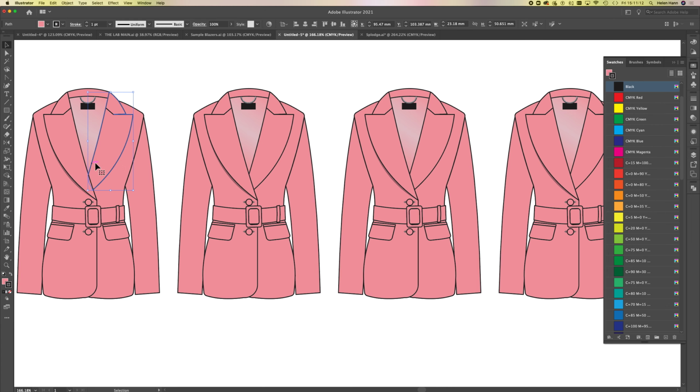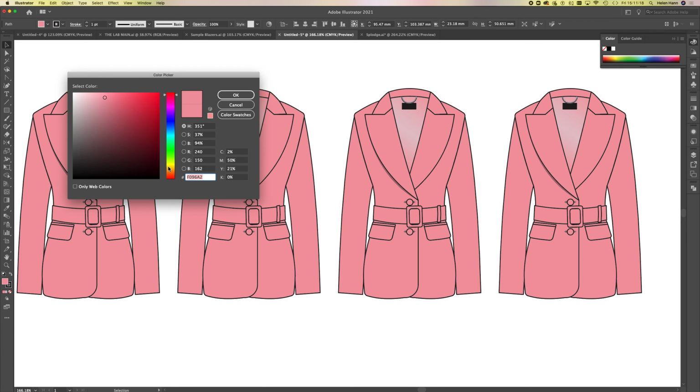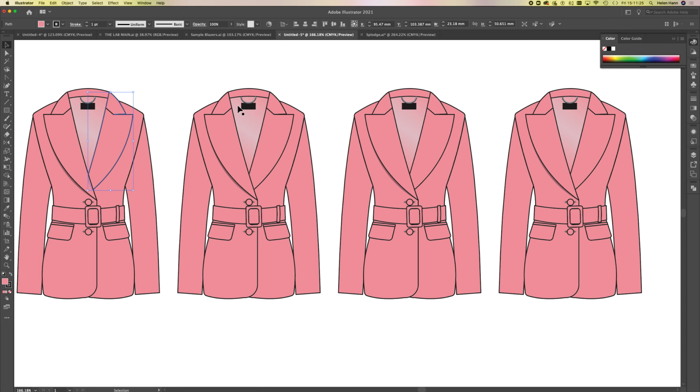Okay, so if I click on this and you have a look down here, you can see the fill colour is this pink. So if I just double click on there, you can see that's the pink. They're the measurements for it, and it's got a black stroke. Now I'm going to leave this one as it is, so you can see how it started, and I'm going to add that splodge